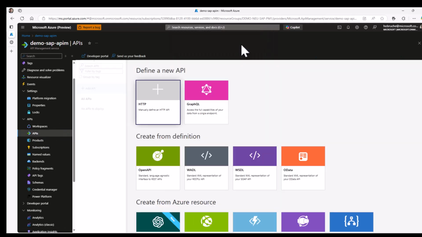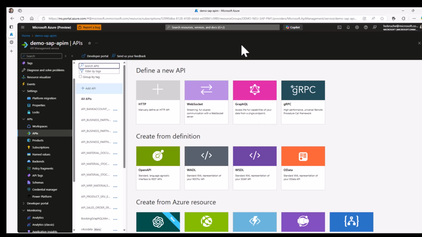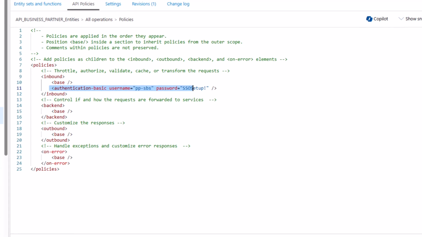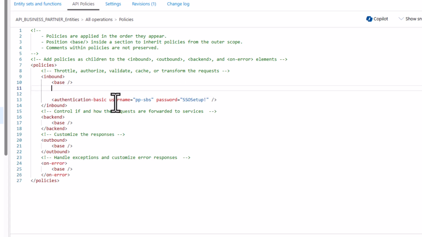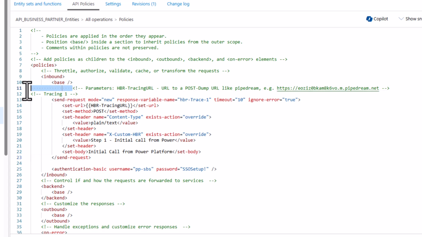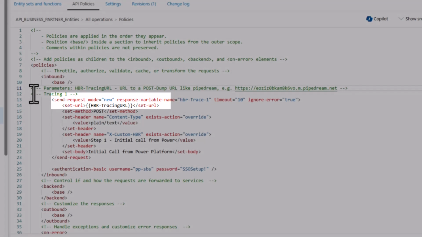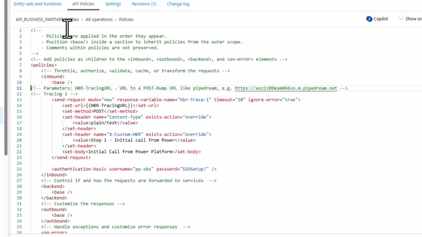And because of this, we will add additional logging directly in the policy. So if I go back to our policy, which is currently fairly empty, I will add a small snippet just before the authentication, which basically does an additional call out to an external site. The idea is that whenever the API is called, the policy is executed, and with this send request, I want to send some information. I can obviously define the header, I can define the body that should be sent out